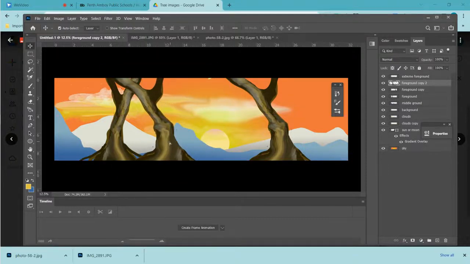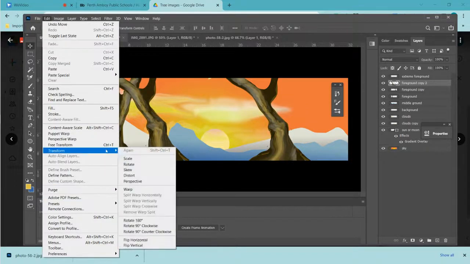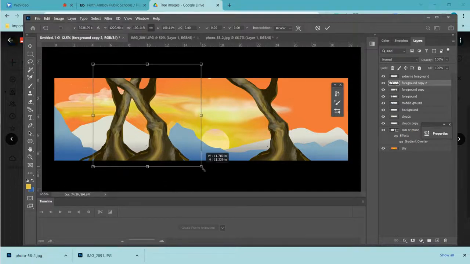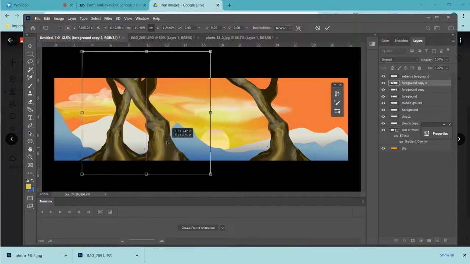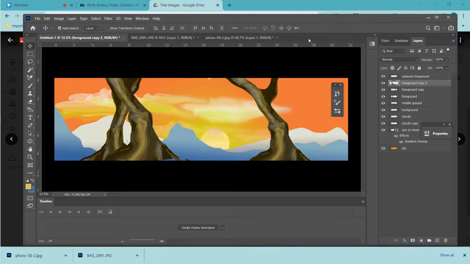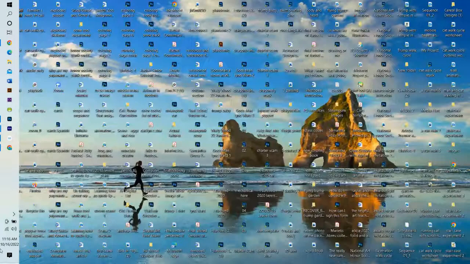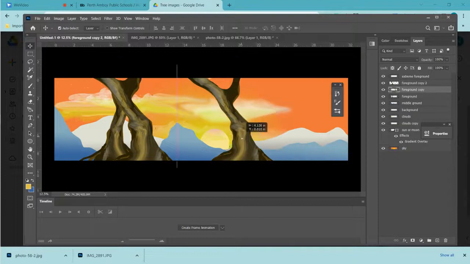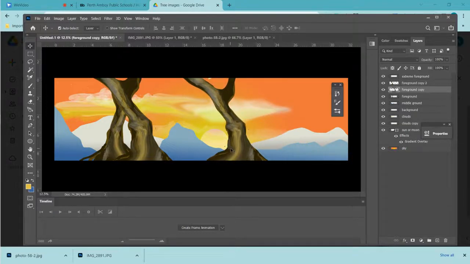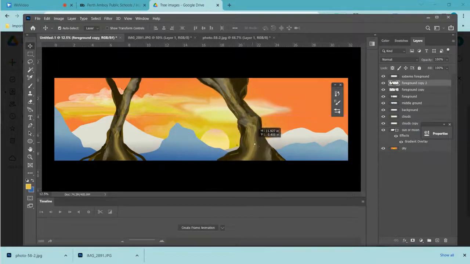I can also overlap the trees, and I can do edit, transform, scale, and make the trees bigger. So I'm really giving my forest a sense of depth. And you can move it down. All right, so I've given you the basics on how to create a foreground, how to create a sense of depth,